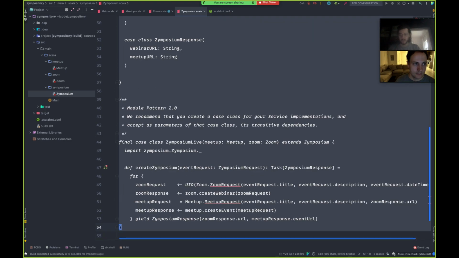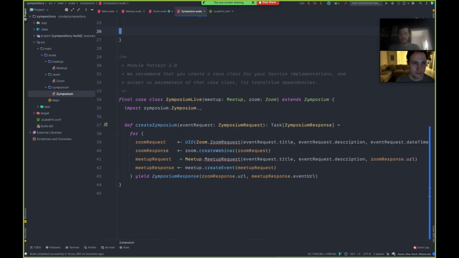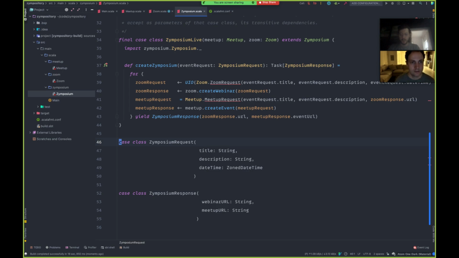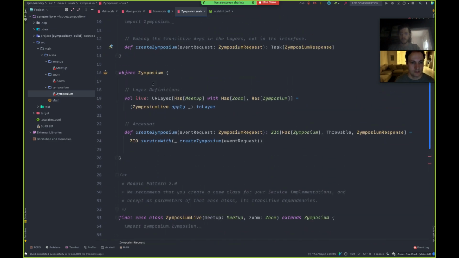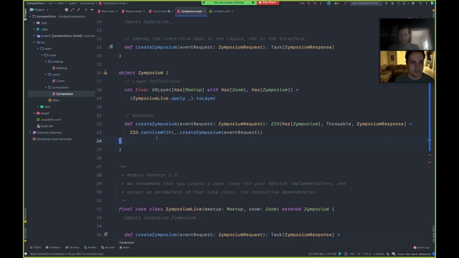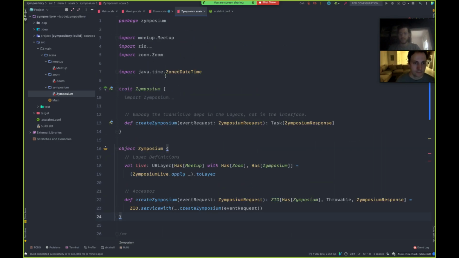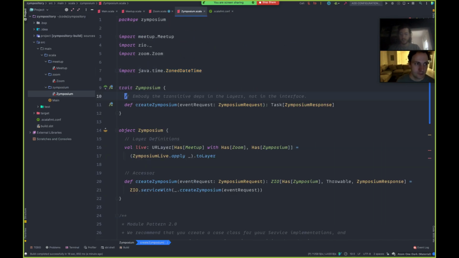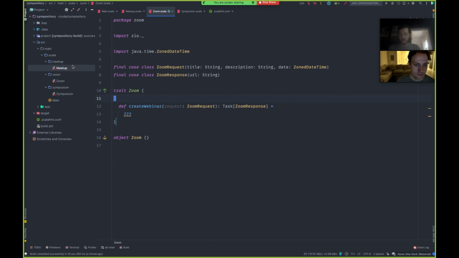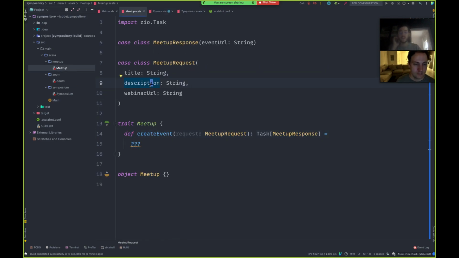We had our responses and requests in there, which we did not need to throw in the bottom for now. And now our companion object looks nice and canonical with just the accessors and layer definitions, and we don't need to import that stuff. So all good. So yeah, Meetup first. I think Meetup looked like it had a slightly nicer API, but I can't really tell. Okay. It's hard to say.